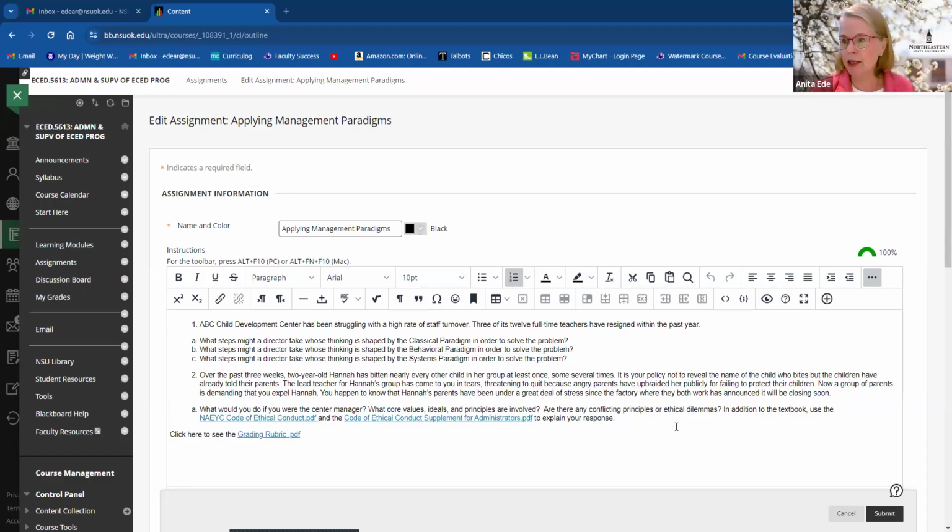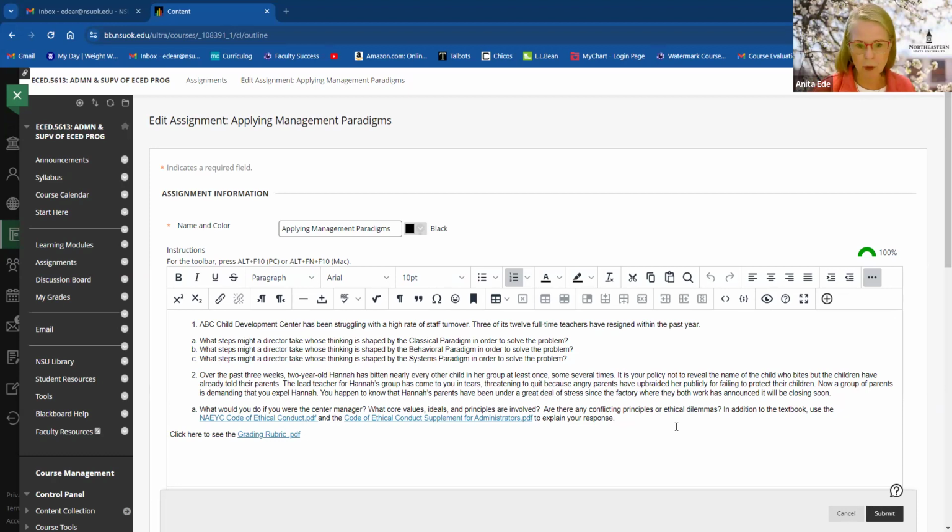I'm going to go ahead and share the screen, so we're all talking about the same thing. A paradigm is just a set of ideas that determines how we think about things. There are three different paradigms that we're looking at in chapter 3 when it comes to how an early childhood or any center administrator behaves. It's their set of ideas that really regulates this behavior.